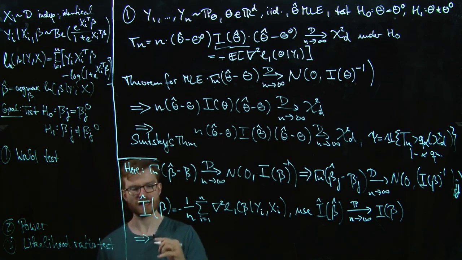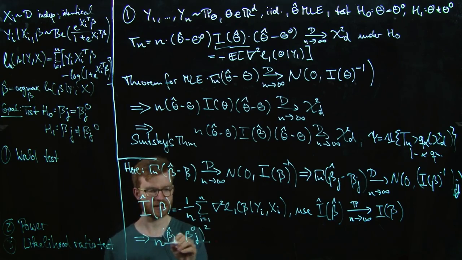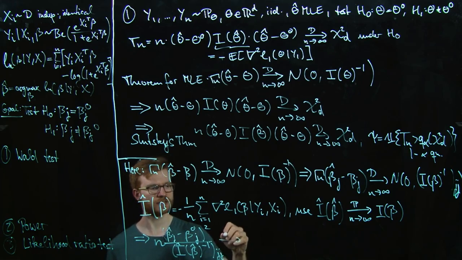Then I will have n times (beta j hat minus beta j naught) squared divided by the variance, which has another inverse: I hat of beta hat inverse matrix, and then the jth element,